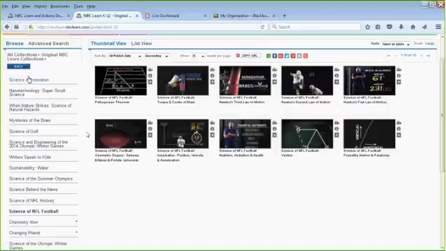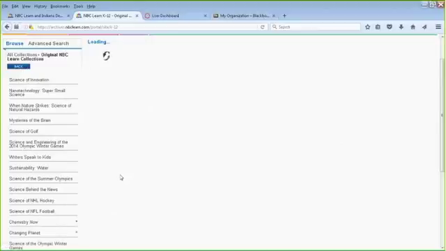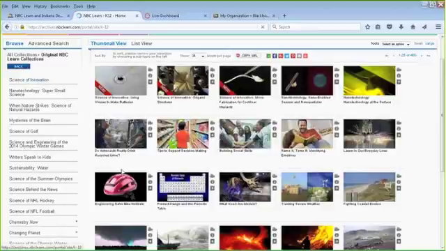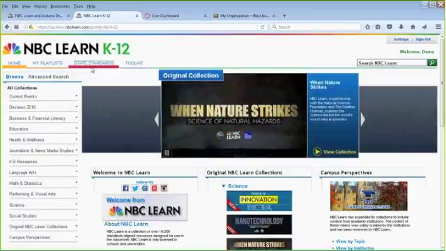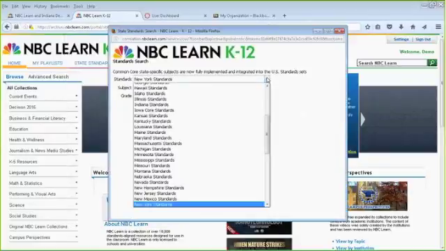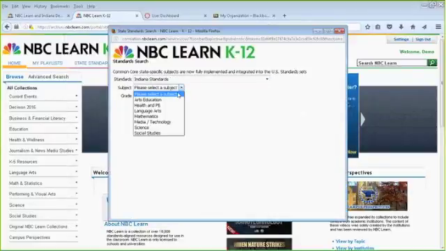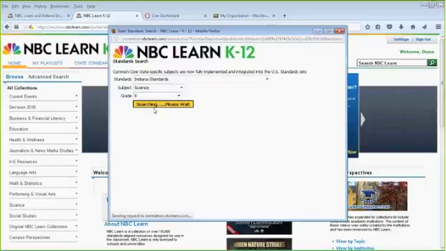So we go through. I'm going to go ahead and click back and get back to our original home page here, just to continue through. You can search by standards. So I showed you the one tab that we have on the cue card that will tell you which standards that specific video is aligned to, but you also have the ability then to click on standards. And so I'm going to go again to Indiana, and if I go with science and I select a grade, let's go with 8, and I can click on search,